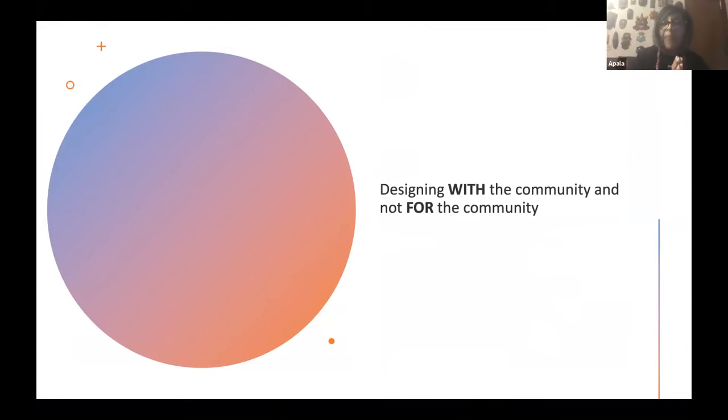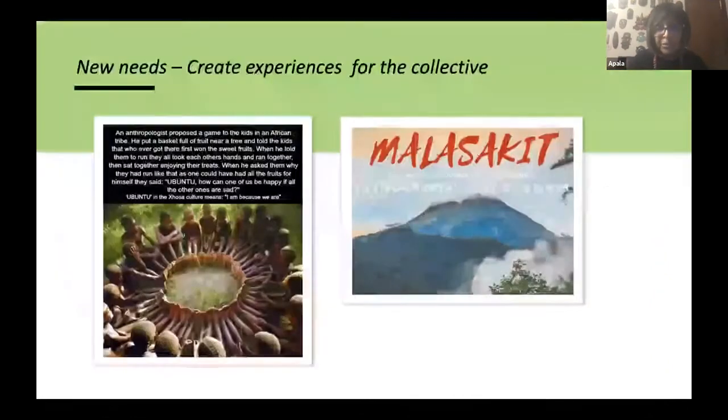That's good. But it's very different from being there with the community and enabling the community to start to ideate and think about what it is that would be good for them. What is it they look forward to? And then as designers, we can put forth our abilities to make all of that come together. So that's designing with the community rather than for the community.